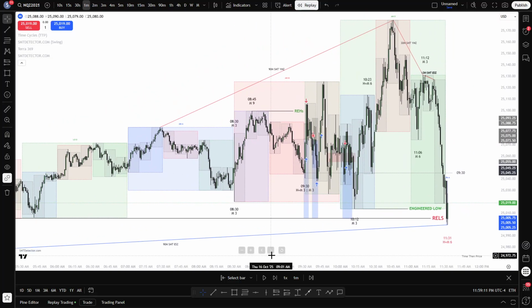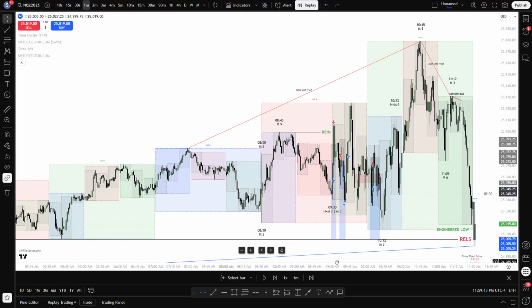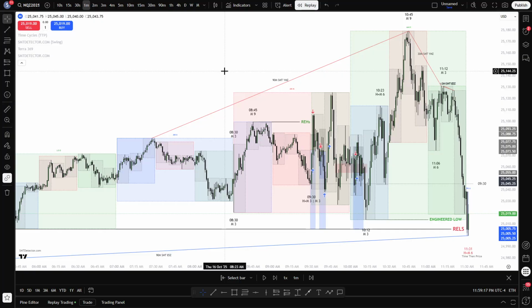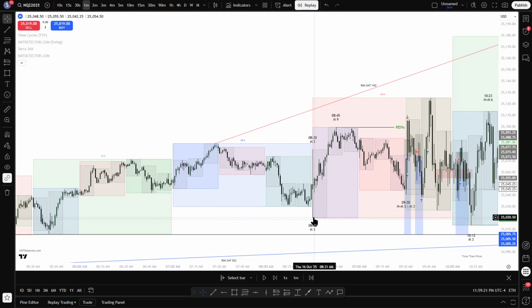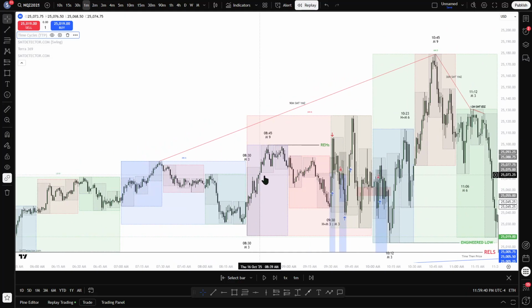Okay, so the reason for making this lecture at the moment is that it's really important for you to see how the previous session works. If you look at it here at 8:30, the candle opens, takes out the previous session low. This is the previous 90-minute cycle, right? And then instantly bumps up and takes out the previous session high. This could be a trade for you guys. Enter here and take out here.